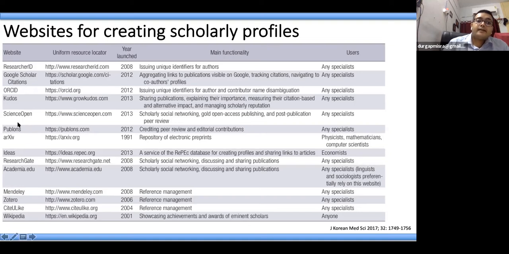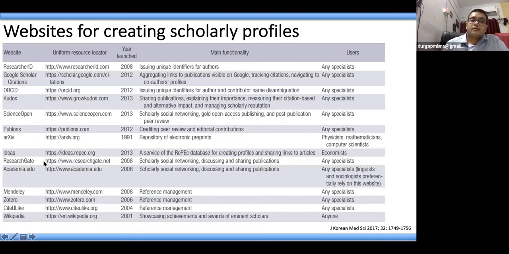Publons is very important in that all of you who are peer reviewing should create a Publons account so that you can link all your reviews to Publons, and you can at a later date aggregate all those reviews and attach it in your promotion interview, during your job interviews and the like, so that you can get credit for all your reviews. And these reviews can be verified by editors so that people know that you've actually reviewed for a journal.